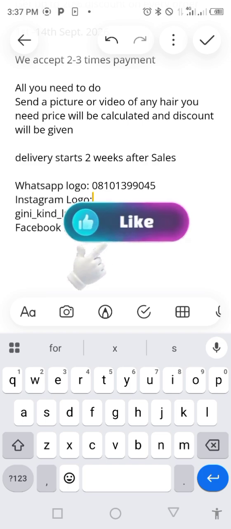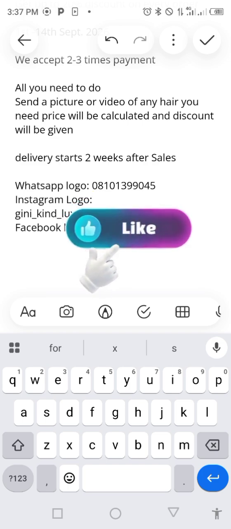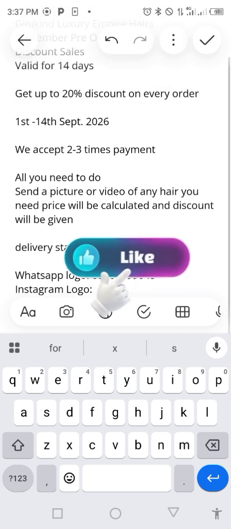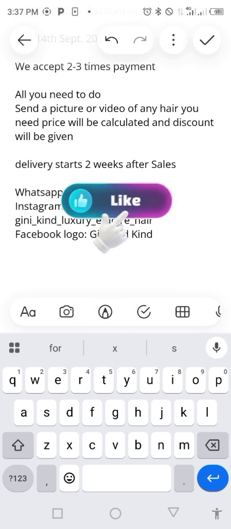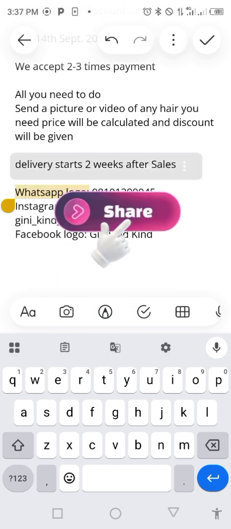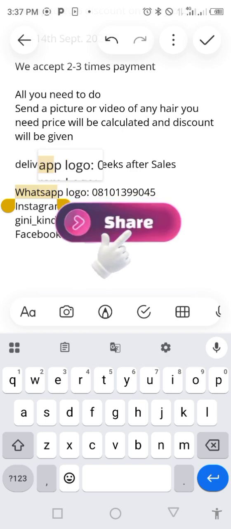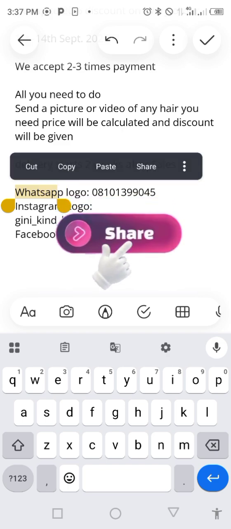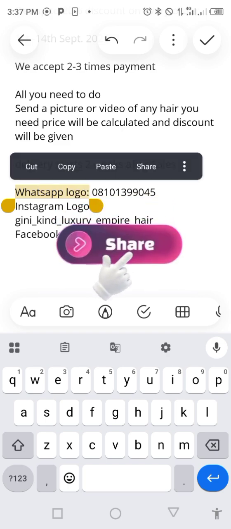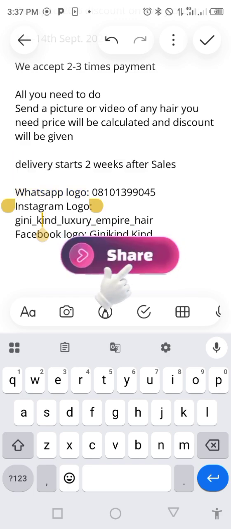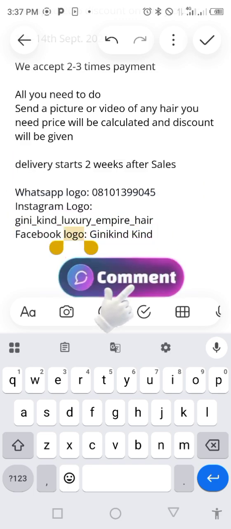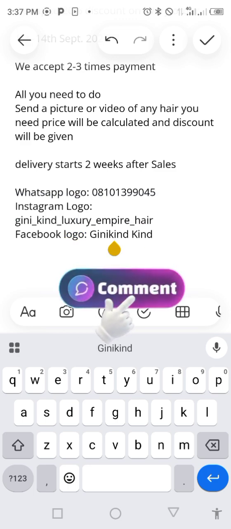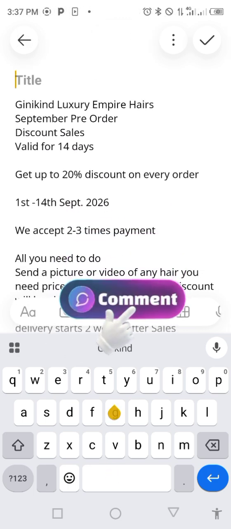Instagram, if the person is on Instagram, Facebook, and so if you look at my prompts, I actually added that it should give me a WhatsApp logo. If I type WhatsApp, AI will just type WhatsApp and then put the phone number. So I say it should give me a WhatsApp logo, then Instagram logo. Instead of writing Instagram, I added logo attached to it. So I'm just going to save this as